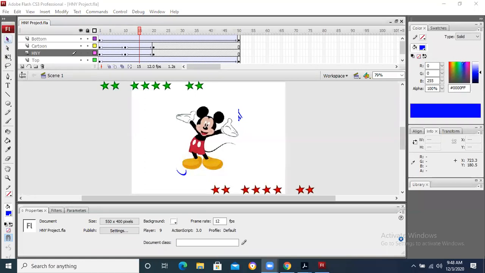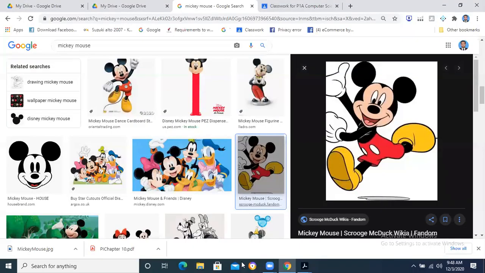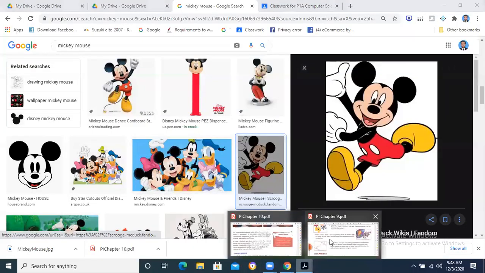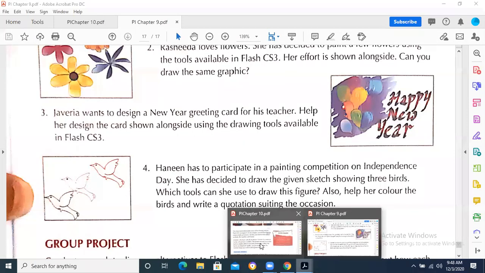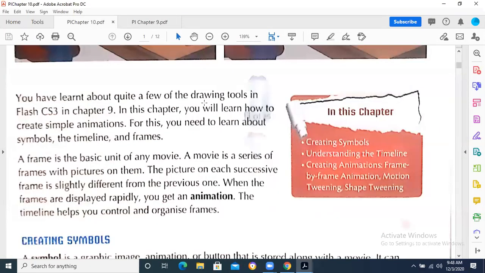Okay, fine. So we do some. Now I close the flash. We do some reading from the chapter because we have to accomplish the chapter as well. Keep in mind that practical implementation is more important as compared to the reading, but definitely we have to write the questions and answers for this chapter as well. So I'm going to read over here.